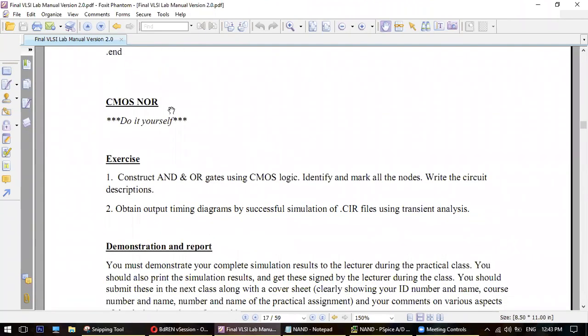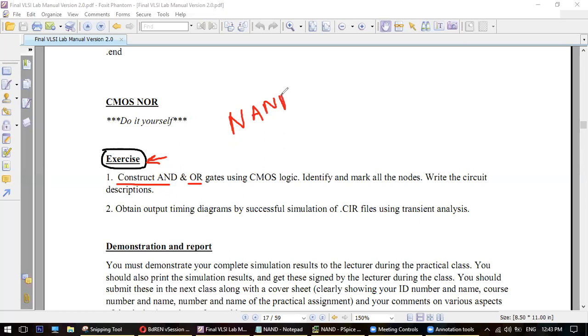Exercise, you have some more exercise here. Exercise means these are the things you have to do in your lab report. When you submit the lab report, you have some exercise questions. This question is: construct an AND gate and an OR gate, not NOR, not NAND. Remember, it is AND gate and OR gate. NAND and NOR, you have to do in your lab report, but the additional question will be AND gate and OR gate. Understood? Right? Yes, sir. These are the additional, that means the exercise questions.